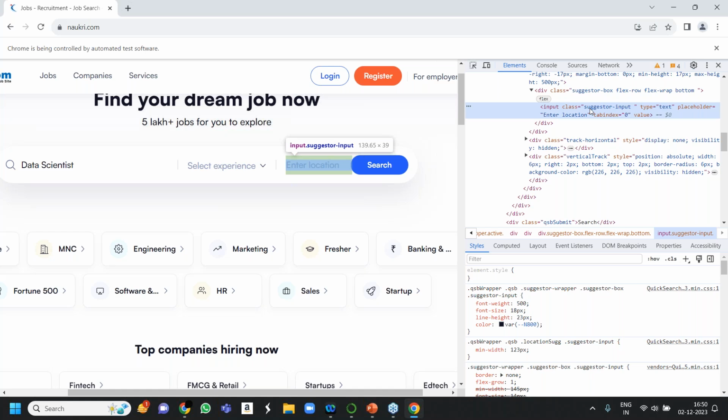Come on, first, contains. Why contains? I'm not talking about the XPath function. Just don't complicate yourself. Location is there, but you're not getting my point.